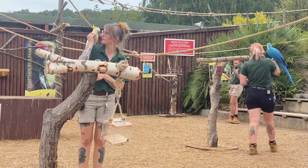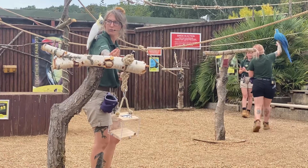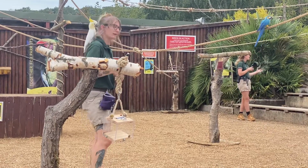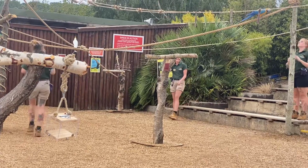Now as well as teaching you guys about things that you can do to help, something else that we like to do is we raise money for a wonderful charity called the World Parrot Trust. And what they do is they help to mitigate against all those threats. They help to mitigate against deforestation, illegal pet trade, anything, or was that far too scary too? Anything like that as well. So we raise money for a